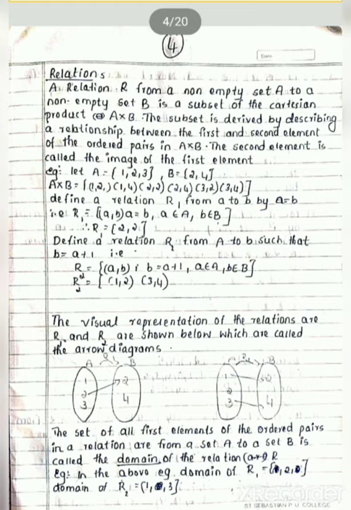Similarly, in mathematics also, we have many relations. What are these relations? In our day-to-day life, relationships are between humans, man to man, girl to girl or girl to boy, relations among the people, or relations among things. But in mathematics, we have relation between two sets. Relation between two sets. What is this relation?